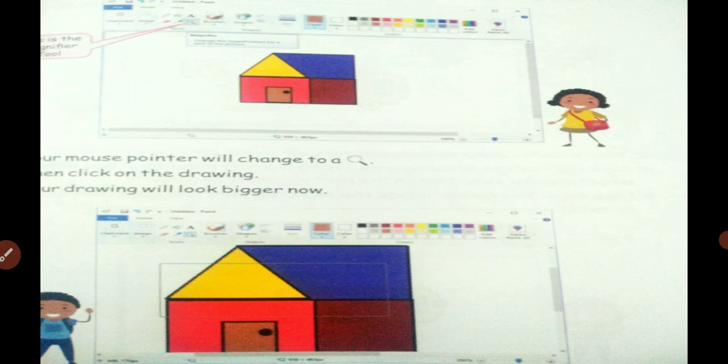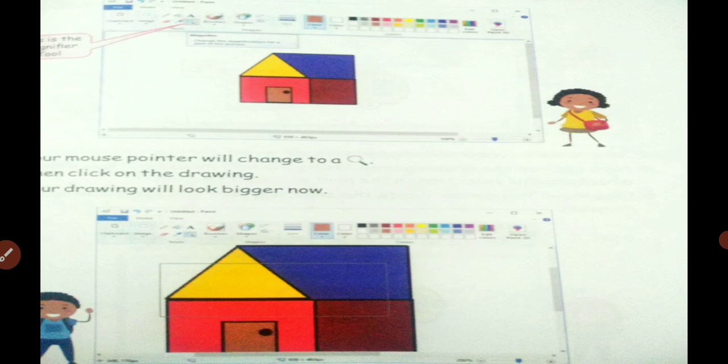Your mouse pointer always looks like an arrow shape, but this time it will change to a magnifier. Then click on the drawing you drew, and the drawing will get bigger. So the magnifier tool is used to zoom in on your drawings.